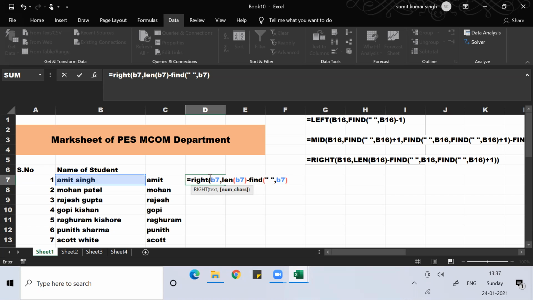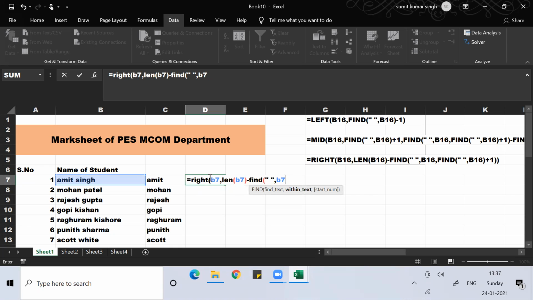But here what you need to understand is that you have to tell Excel which space you are asking about. I'm not talking about the first space, I'm talking about the next space.